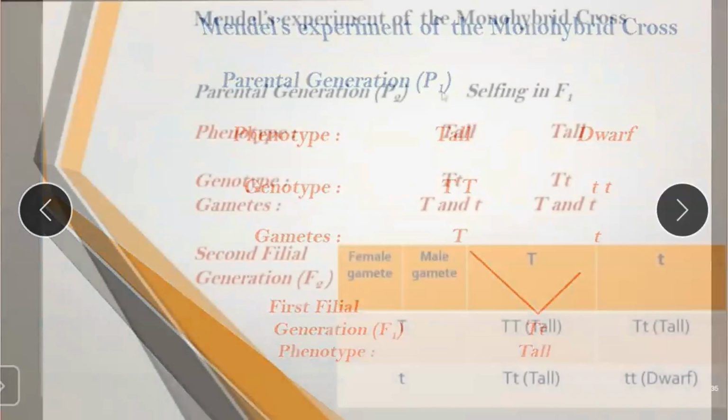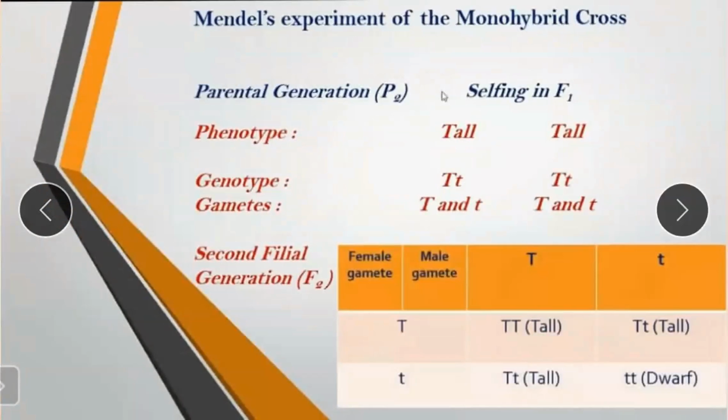So up till here you understand, students. Now we can see the next part, that is in the P2 generation now. Where in the P2 generation, now the offsprings of the F1 generations were all tall. We have seen in the first Punnett square. Then even when one of the parents was dwarf, none of the offsprings were dwarf. Did any dwarf plant come in the offsprings? No, all were tall. So on this observation, Mendel gave the principle of dominance and recessive.